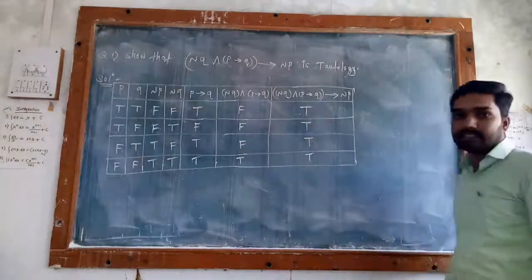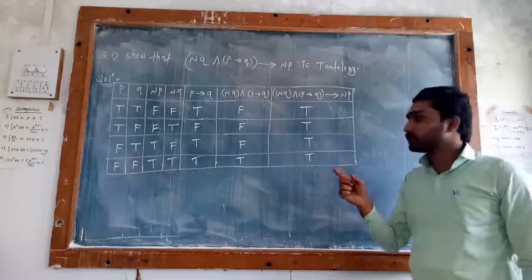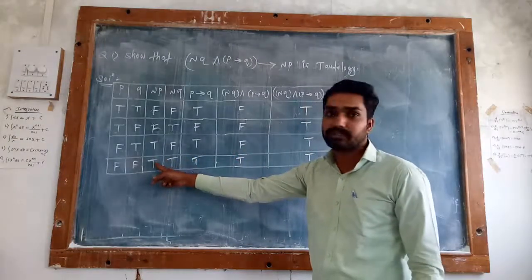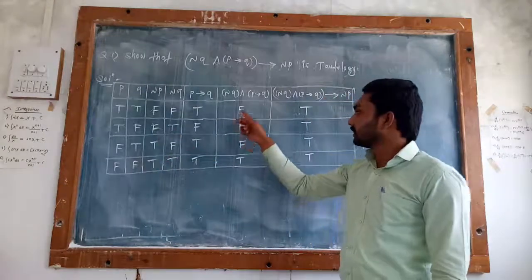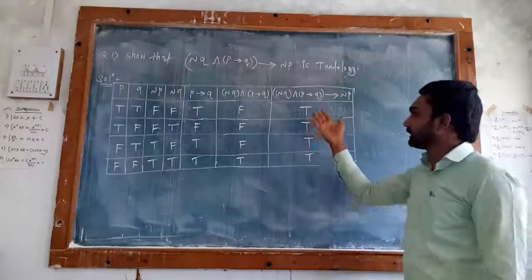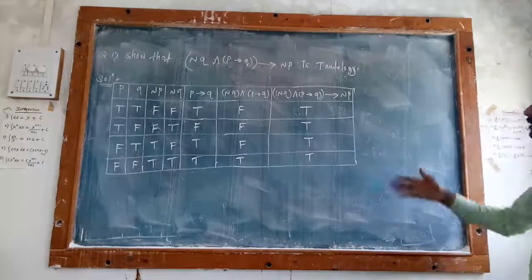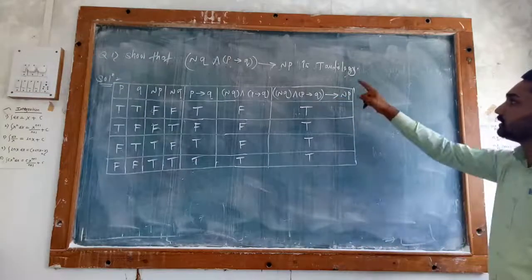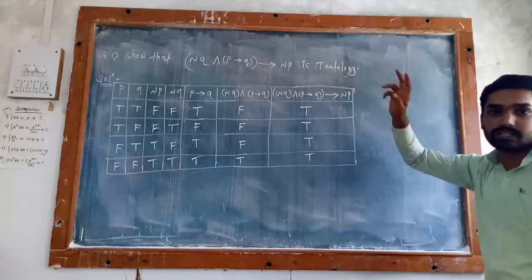In the implication, TF is F. We have to check whether the first is T and the second is F. There is no F in the second case where the first is T. So in the remaining cases its value is T. So in your last column all values are T. That means your proposition is a tautology.